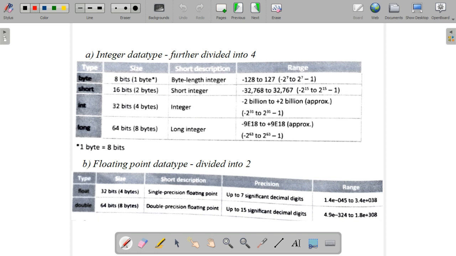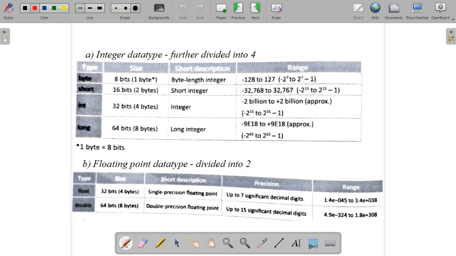We can select the appropriate data type, and each data type has a particular size and particular range. The storage size indicates how many values it can store, up to how many bits it can store. Storage sizes and the range of values are different for different data types. So first we have to learn about the data type, its size and the range. Range is not compulsory, but size is compulsory. You have to learn the size of each data type.